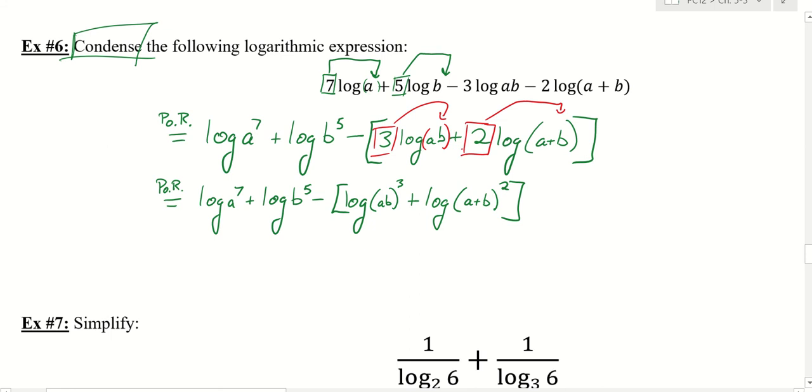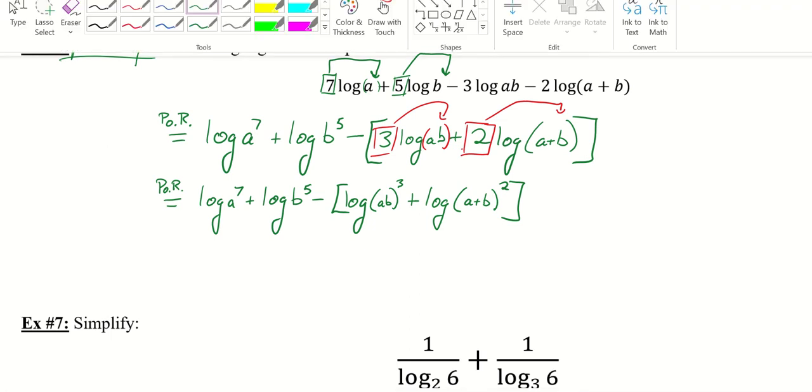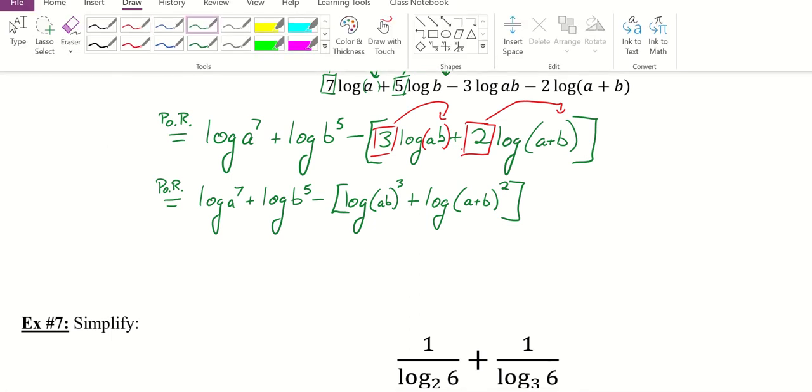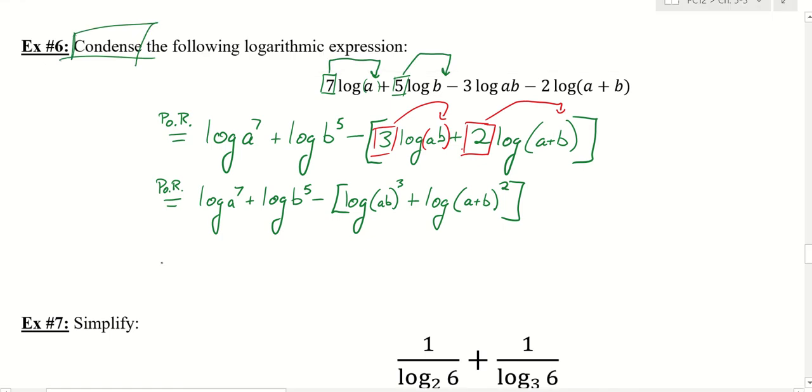Okay, so now that we've done that, let's apply the product rule. Again, our goal is to condense. So we want to bring these logarithms together into one logarithm if we can. We will be able to in this case. So the logarithm of a to the 7 plus the logarithm of b to the 5 is really just going to be the logarithm of the product of those two inputs, a to the 7 times b to the 5,